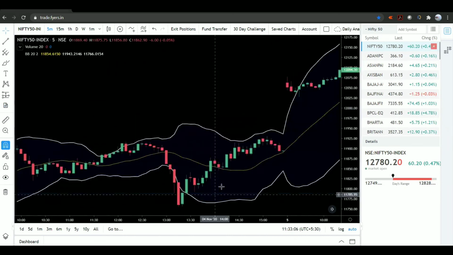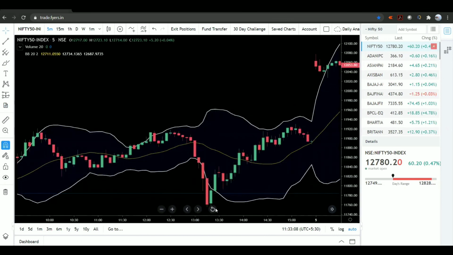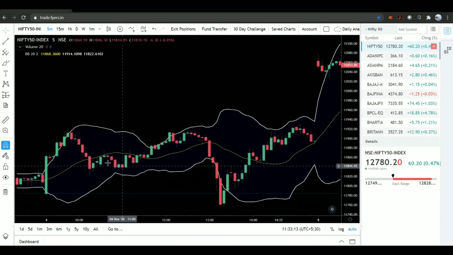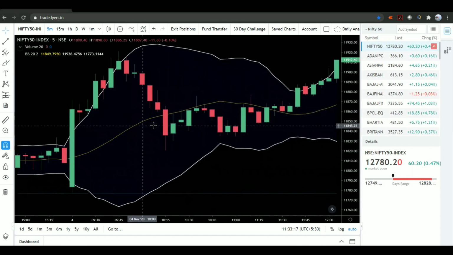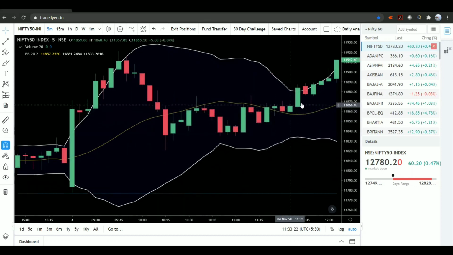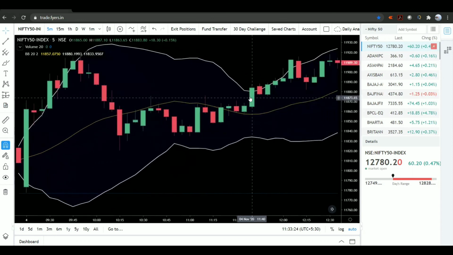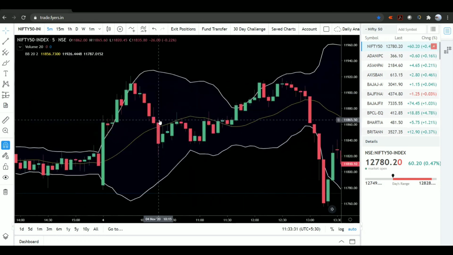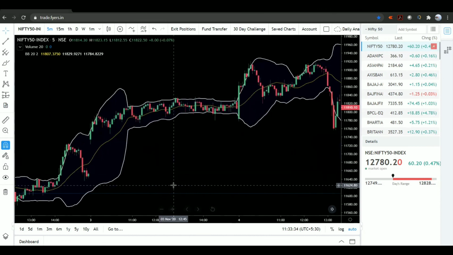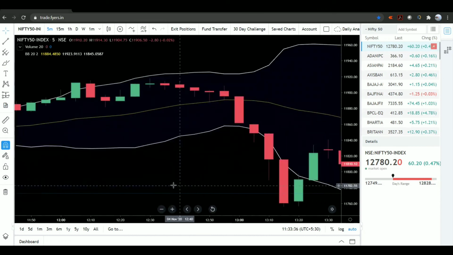Again, see here, the low has been broken. It continues to fall along the band. Now one more setup we can see here. Once it has touched here, it came down. Second time, it came down. Third time, it has broken. Now it is going up. This is type 1, and type 2 has also occurred. So this is very easy. Whenever you see such setups, you can trade and you can earn money.